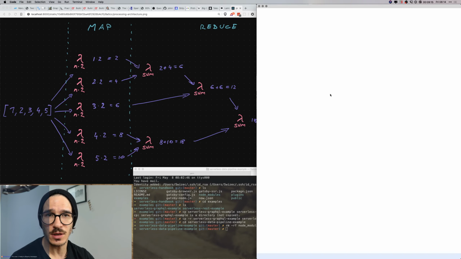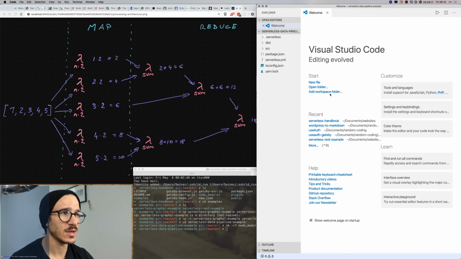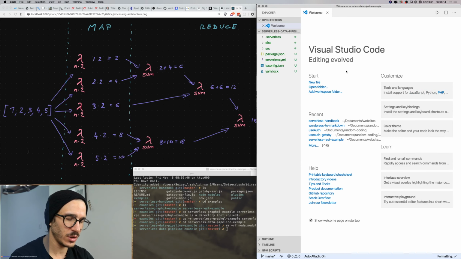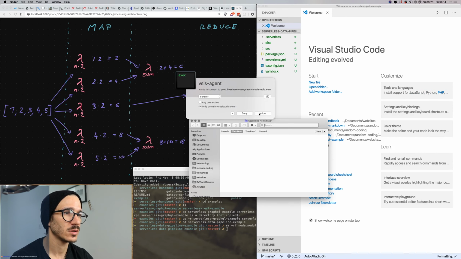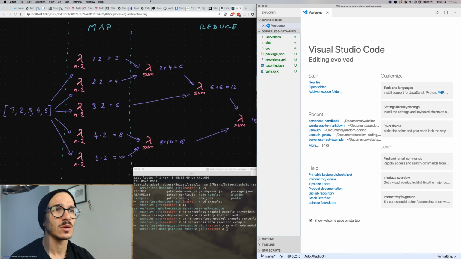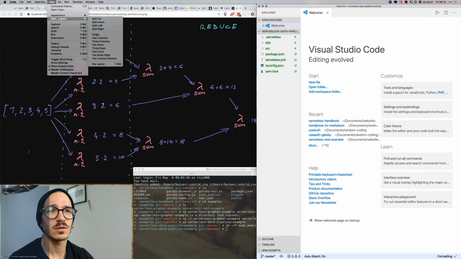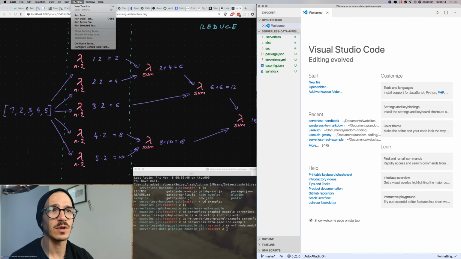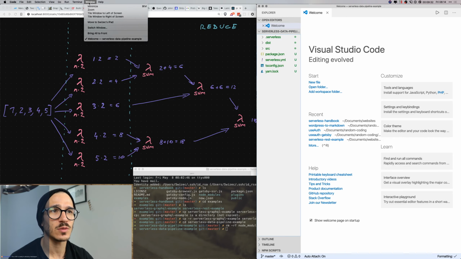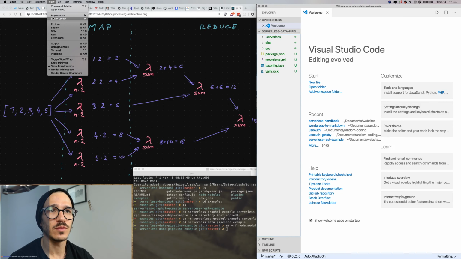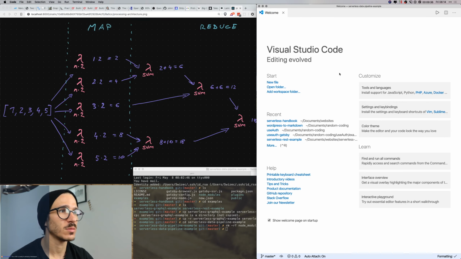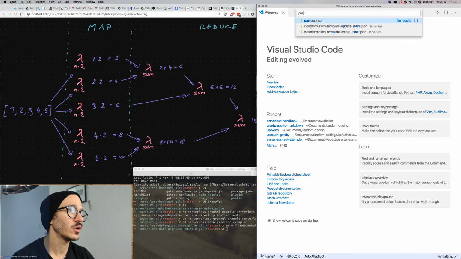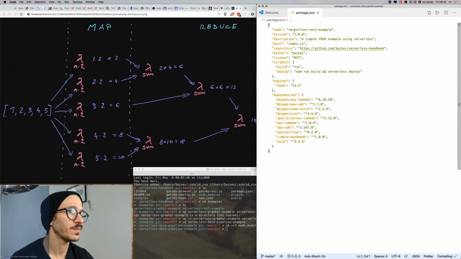And I know that making an adder example sounds kind of dumb, but it's actually a pretty... How do I hide this? I used to have a keyboard shortcut to hide that, and it doesn't work anymore. Let's see, view, appearance, show sidebar. Okay, go away. We open the package.json file, say that this is a serverless data pipeline example,